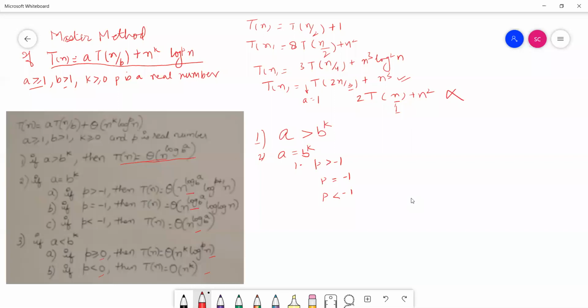Second thing, always remember all the recursive equations cannot be solved by master method. Why? Because the restriction is that b must be greater than 1. So any recursive equation of the type T(n) = 2T(n) + n, or say T(n) = T(n-1) + c, these types of equations cannot be solved because b is equal to 1. So any equation which is not fulfilling this criteria, we cannot solve it using master method. Okay. So let's start by taking an example.